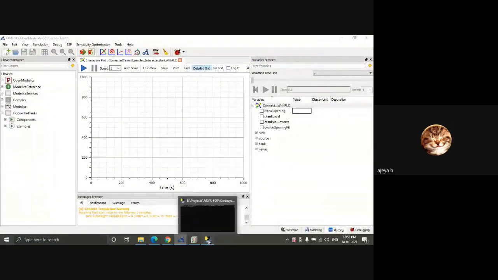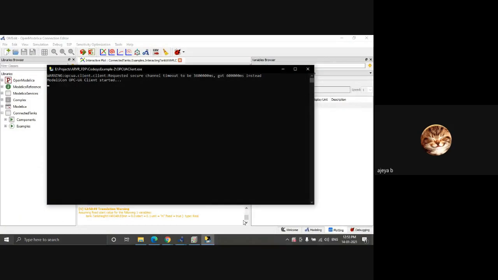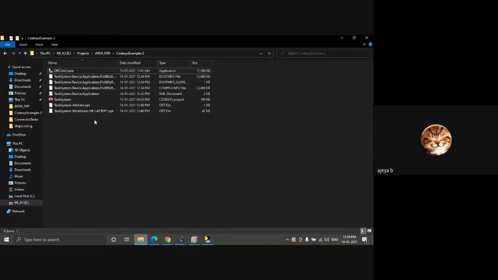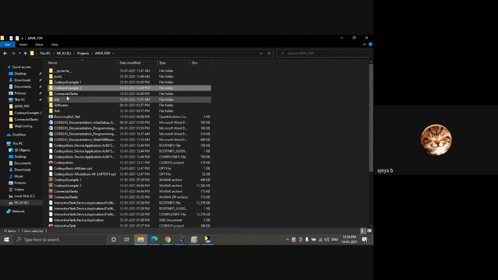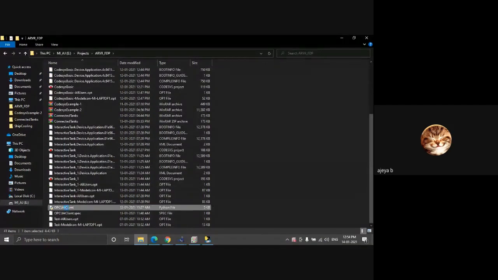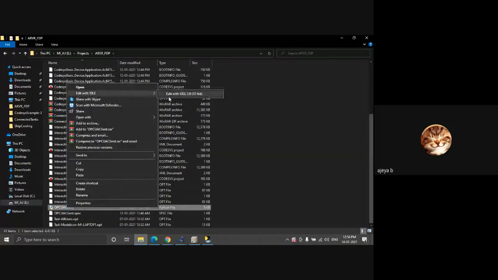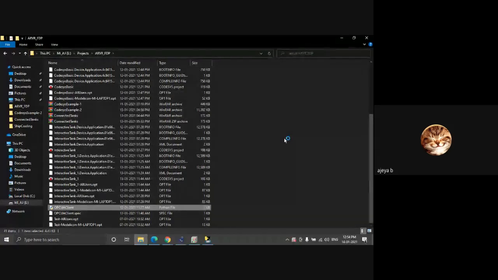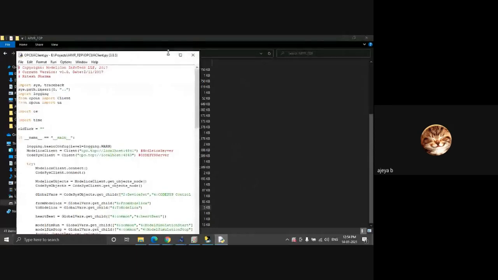Now one more thing I want to show you is what this script, which I gave as an executable file, internally has. I'll show you in terms of IDE. So this is a script that Ritesh and I have developed. Basically Ritesh was the one who wrote the whole code, and I have been using that code for the CodeSys connection. I didn't want to go in detail on what is all written inside the Python code. That's why I had created an executable file and given it to you, for ease of access.